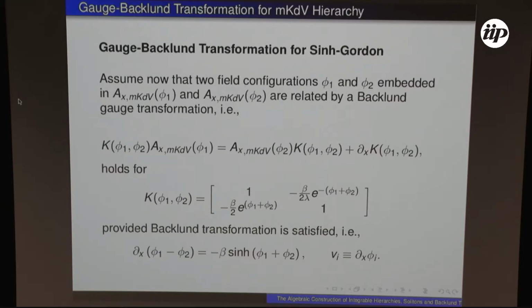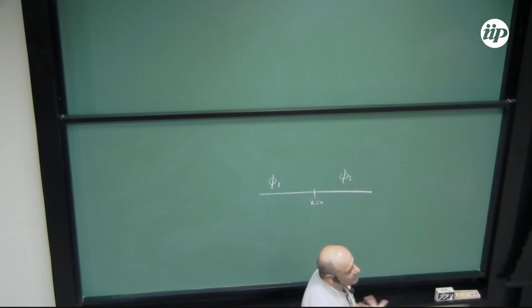So phi 1 and phi 2 satisfy the Sine-Gordon equation, and they also satisfy these equations, which is called the Backlund transformation. So the idea, very recently, was employed to describe integrable defects. An integrable defect, you will see next week, is this: if you split your space, and you have one solution coming in, and then you have a defect at x equals 0, all of a sudden your solution becomes another solution.